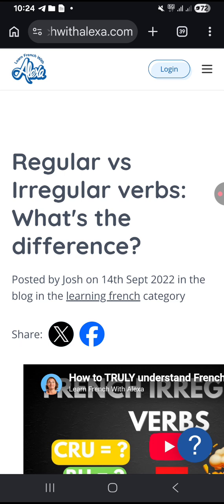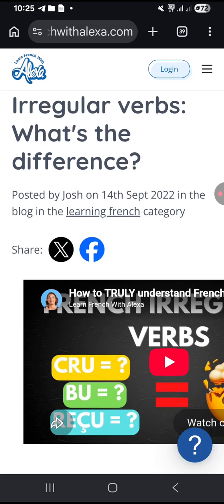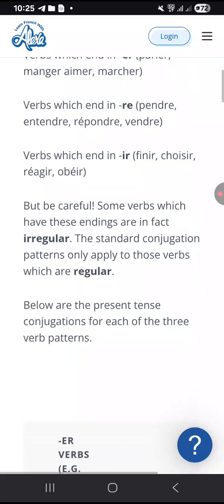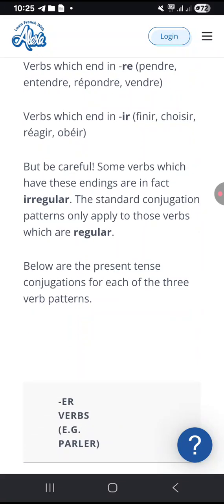So when we do all the verbs, we will understand each verb separately, what the irregular verbs are, how they are conjugated, and how irregular verbs are conjugated with er, ir, and re. This will be much clearer. You'll be able to understand how they are conjugated and how they are similar as well as different from each other. So this is all about regular and irregular verbs.